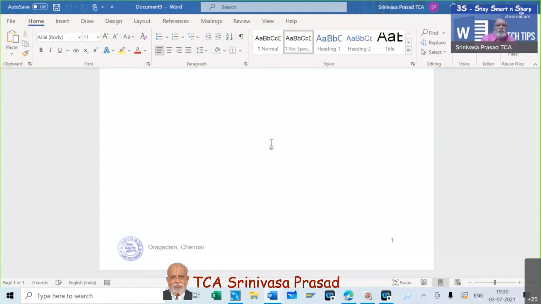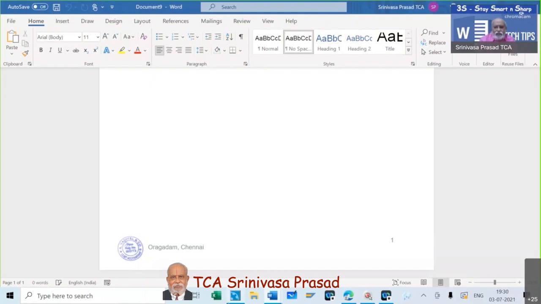Sir, this seal, how do you scan it and keep it as a normal picture? The scanner, the seal. Have you scanned it as a picture? How have you done it? Sir, the seal can be scanned as a picture, JPG file. Okay. Then there are some websites which take this JPG and give you back a transparent picture. That means here it is a white background. I will explain to you, sir.